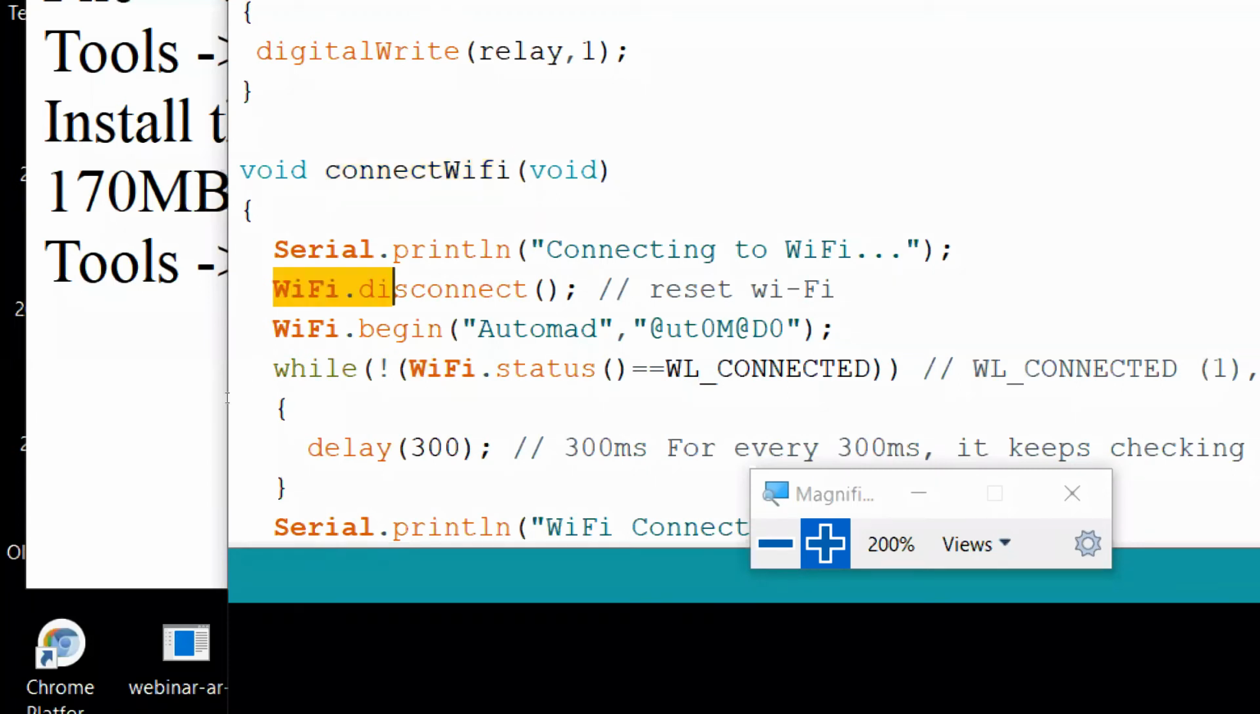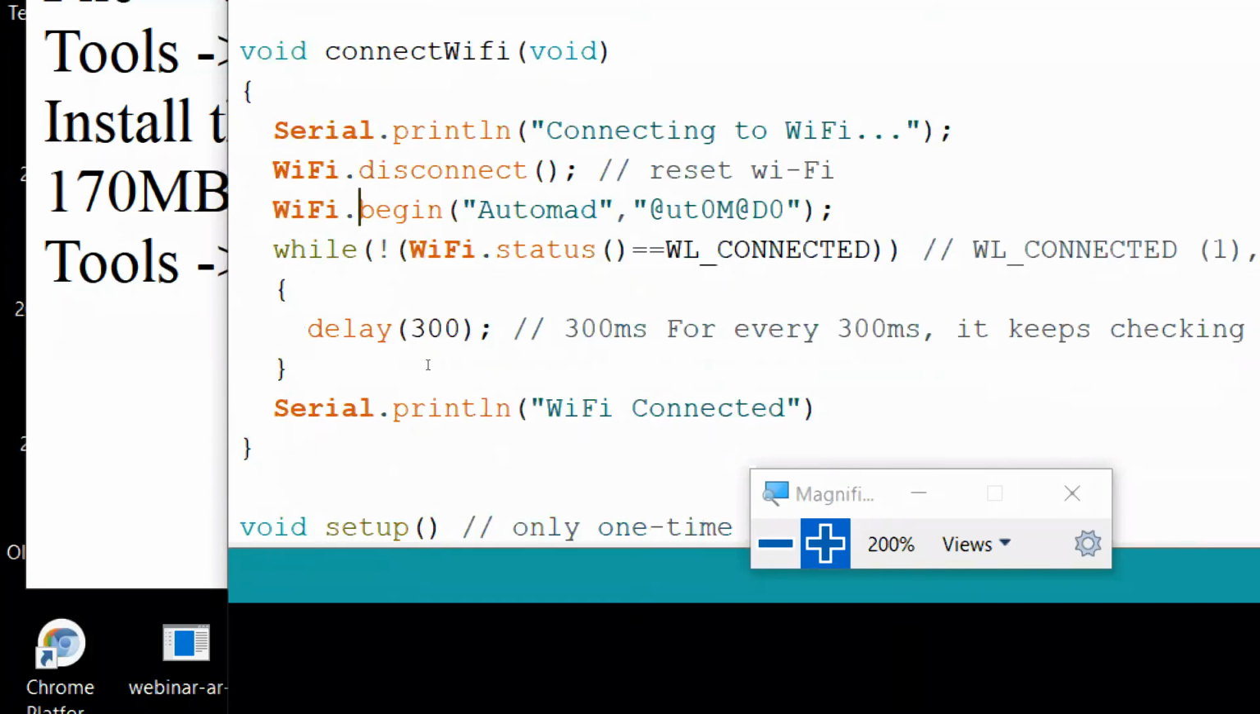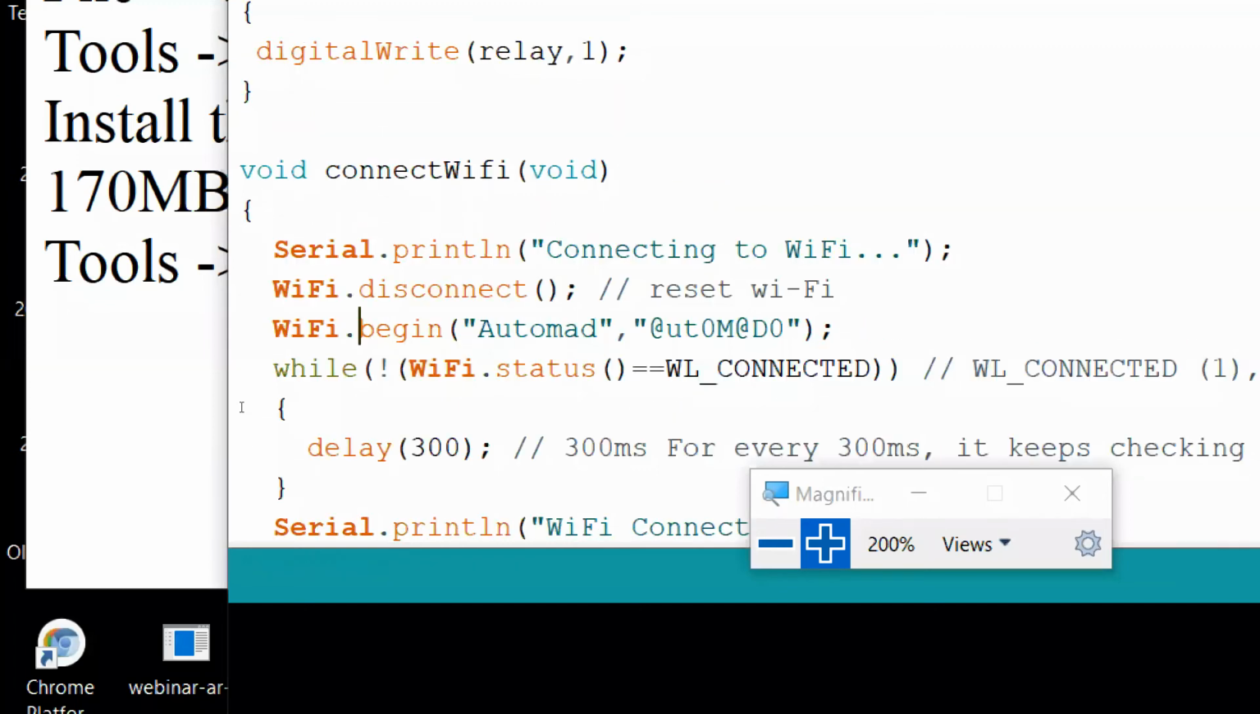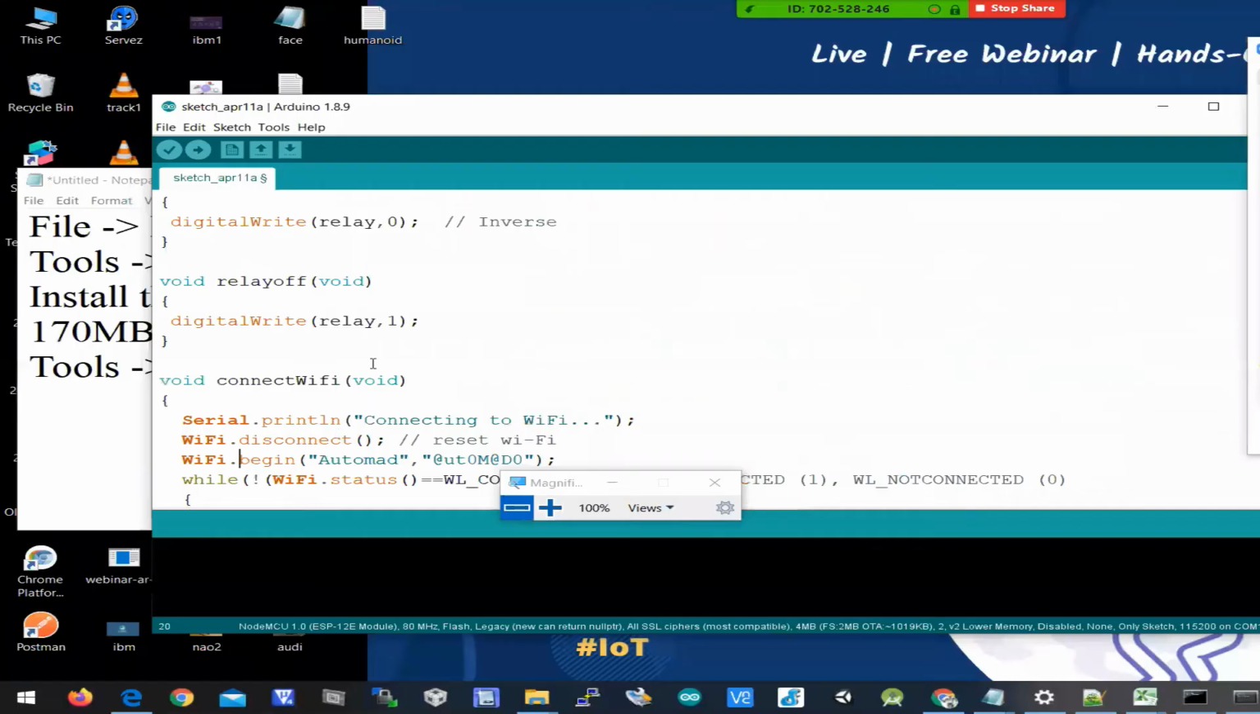So first you have to reset Wi-Fi, and then you have to connect Wi-Fi. You need to pass username and password with the begin method, and then you have to wait until Wi-Fi is connected, and then you have to print Wi-Fi connected here. Okay. So after writing these three functions here,